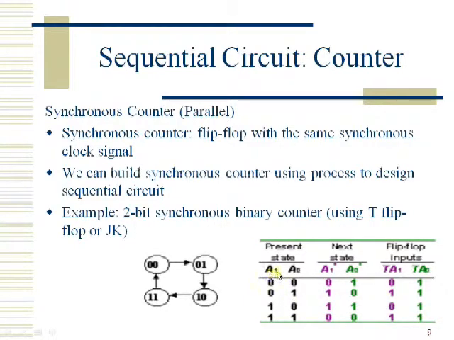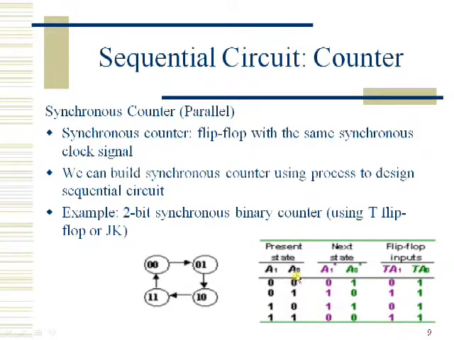Initially we'll compare A1 with A1 plus. The first bit present inside A1 is 0, and A1 plus is 0. As both are the same, we have to write TA1 as 0. The second bit is 0, and here the second bit is 1, therefore both are dissimilar, so it should be represented with a logic 1. And here 1 and 1, therefore it should be represented with 0, and here 1 and here it is 0, therefore it is represented with 1.